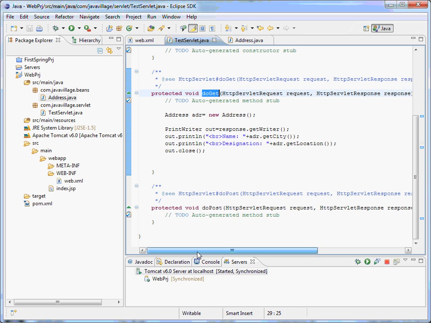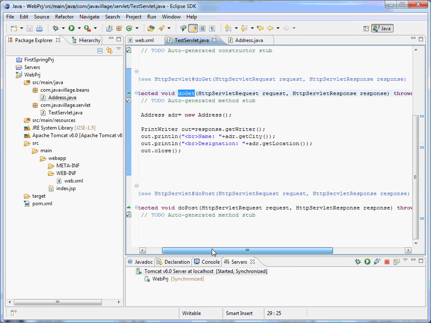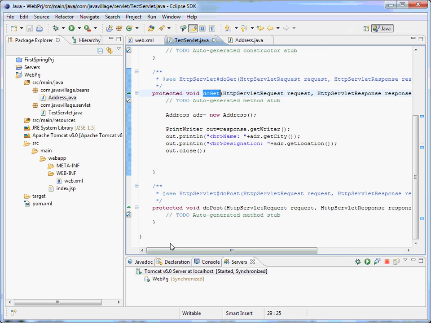In the doGet method, we have an HttpServletRequest and an HttpServletResponse. The request will carry details from the input, and the response will carry whatever details we pass from this servlet to the next level. Here I'm going to directly call a servlet class.